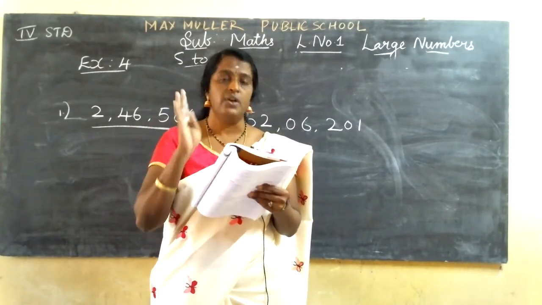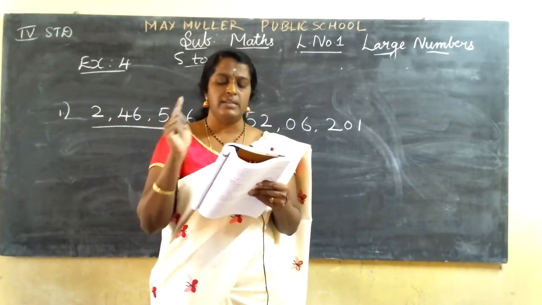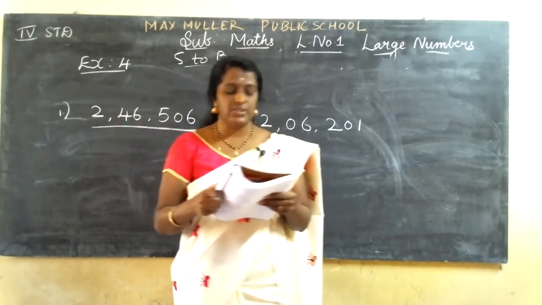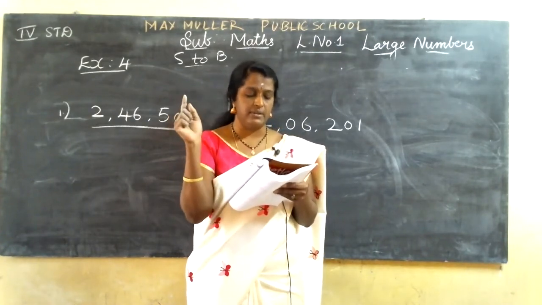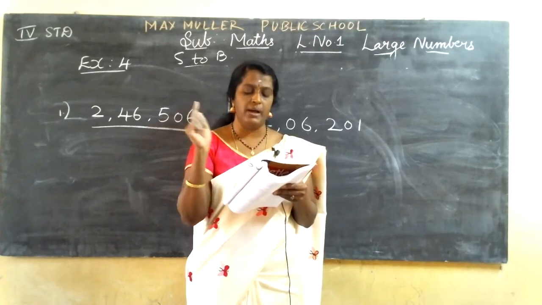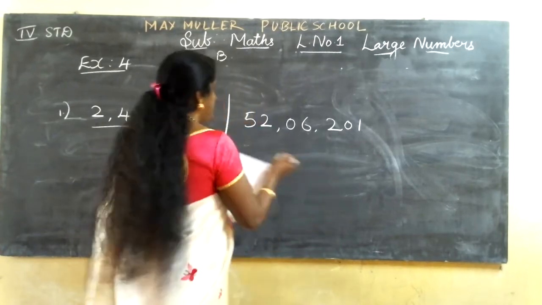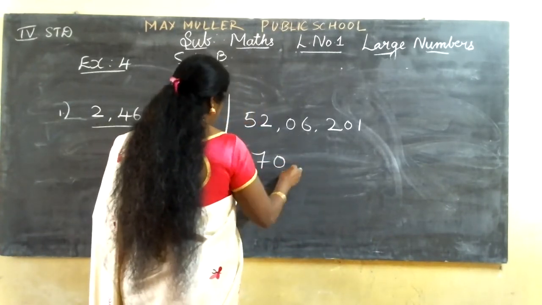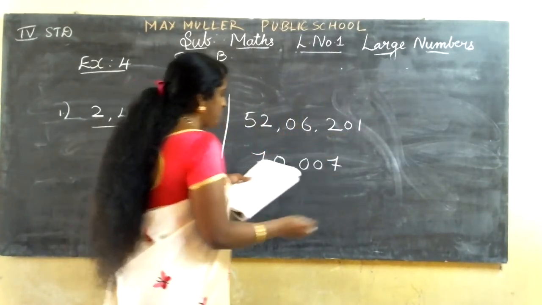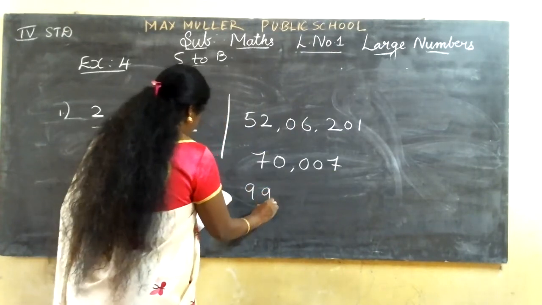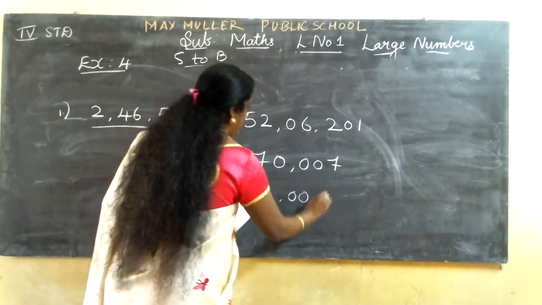421. Next is 4 lakh, only one number, 4, comma, 23,000, 23, comma, 711. Next is 63 lakh 6,000. 6,000 as I told 06. 63 comma 06 comma 205. 70,000. 70,000 comma and 7. Hundreds place and all and 7. Next is 99 lakh. 99 lakh and thousands place nothing, it is there, and 99.